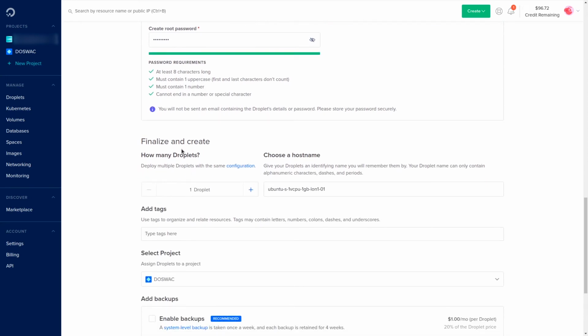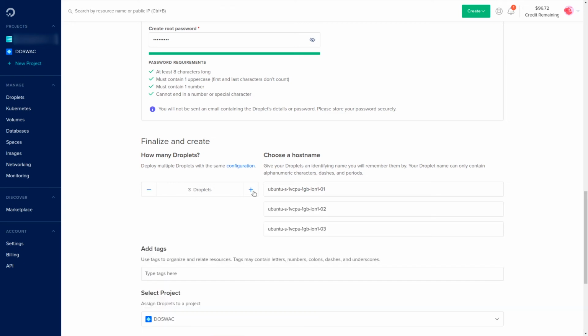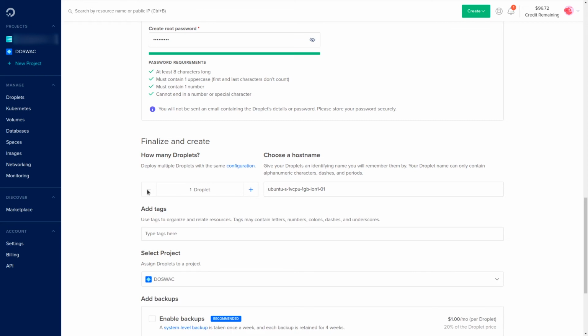In the Finalize and Create section, we can deploy multiple droplets or servers with the same configuration by increasing the number of droplets. For now, we only need one droplet or server. In the Choose a Host Name option, you can name your server whatever you want.